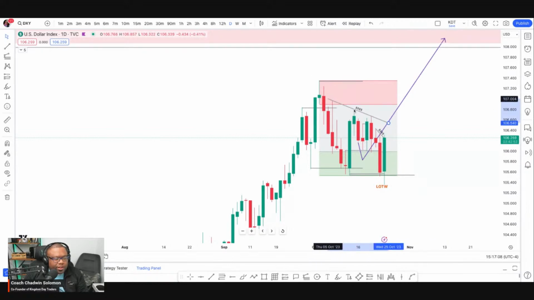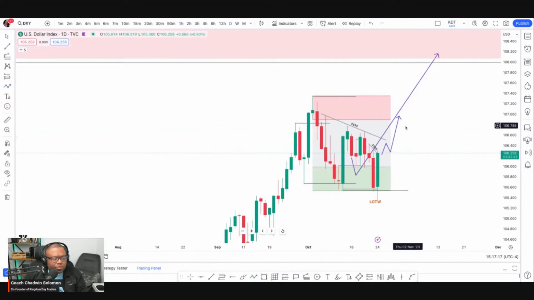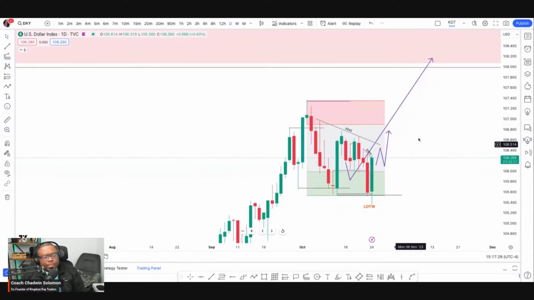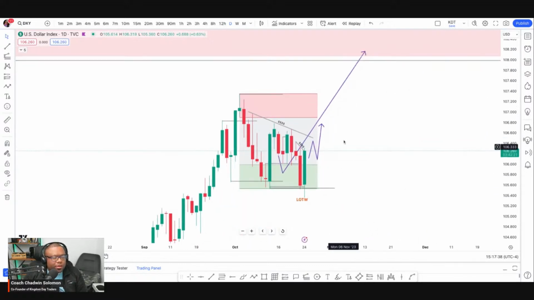In fact, I see a trend line even here. There we go. It's 3 touches. For your notes, oftentimes the 4th touch breaks through, right? So I'm looking to go all the way there over a period of time, but let's for now just say we're going to try and get higher than that. Okay, so that's my projection on DXY. In an ideal situation, the low of the week would have been printed today, right? If that's the low of the week today, then we'll see better upside on the DXY.